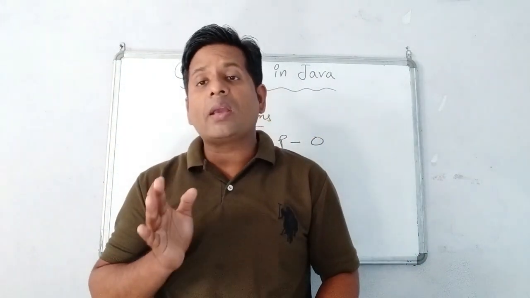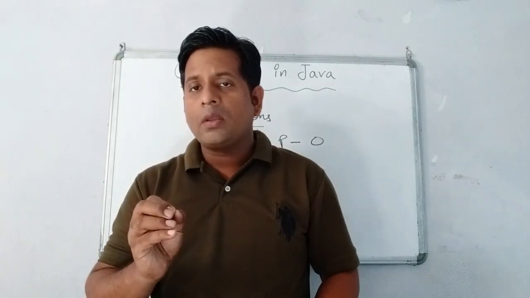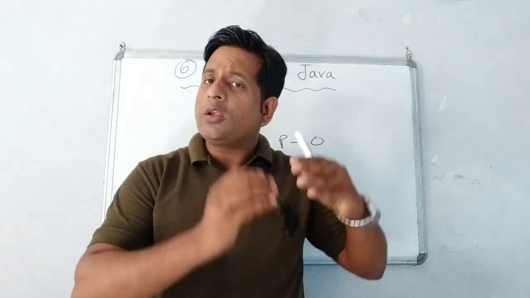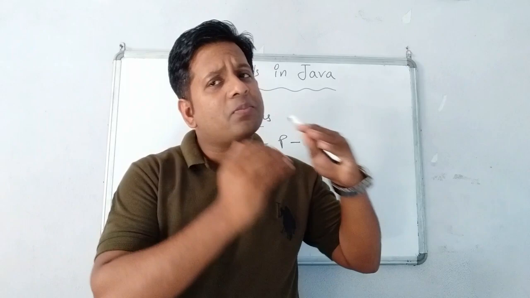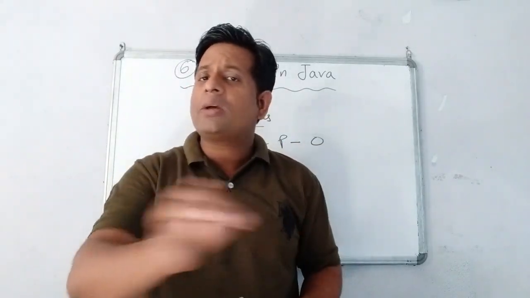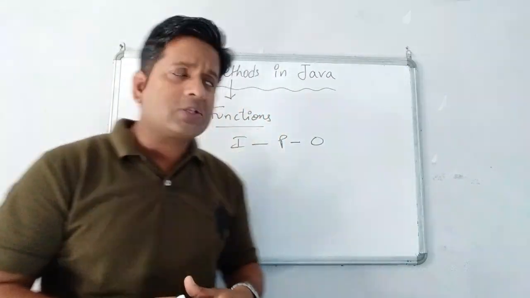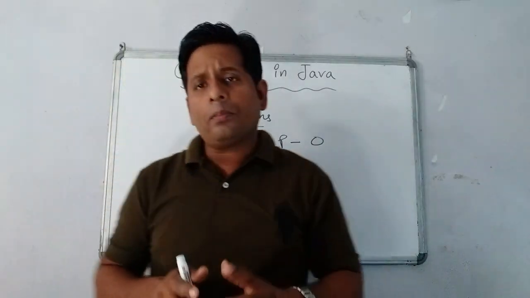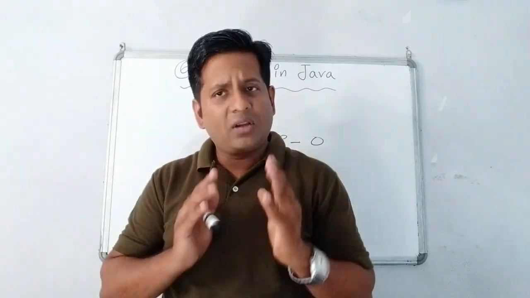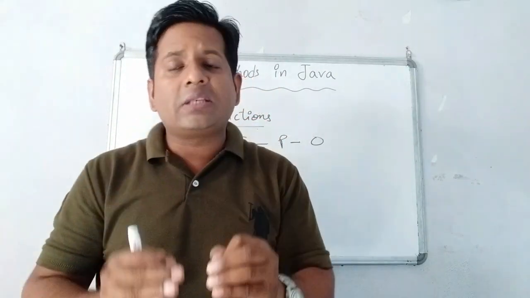That becomes easy, children, and that is known as methods or functions: dividing the program into multiple subprograms. Benefits: debugging is easier. Suppose any error or mistake is there, we can easily rectify it, because if there is a problem in the input section, you just check the input function, the piece of code written in the input part. You don't have to touch the process and output sections. This is why we use methods or functions in our programs, to make a larger program into smaller chunks, so that finding the error becomes easier.